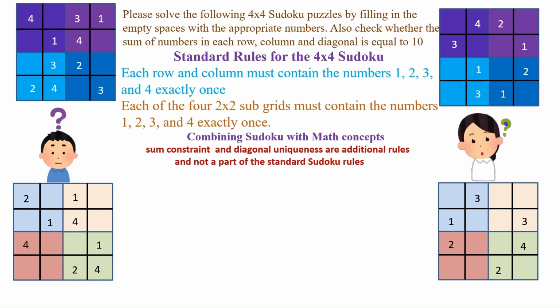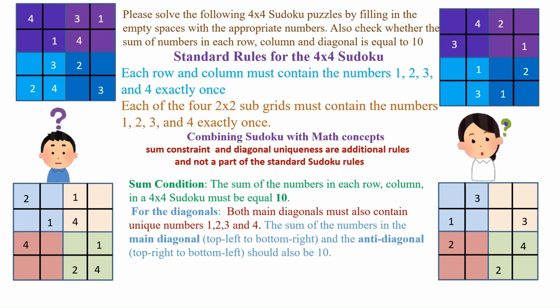And I'm giving it a touch of maths, combining Sudoku with math concepts. Sum constraint and diagonal uniqueness are additional rules and not a part of the standard Sudoku rules. The sum condition is that the sum of the numbers in each row and column in a 4x4 Sudoku must be equal to 10. For the diagonals, both main diagonals must also contain unique numbers 1, 2, 3 and 4, and therefore the